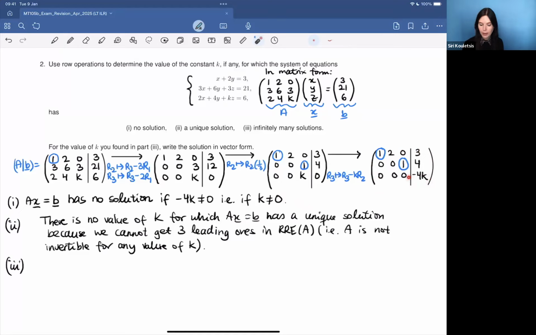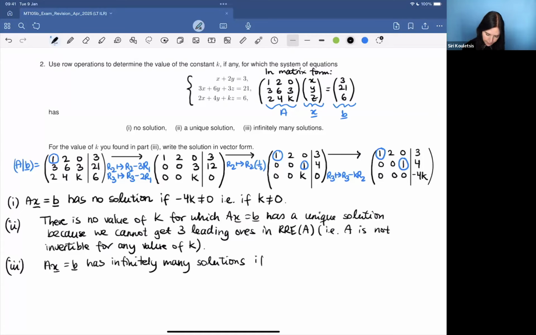So for consistency, we need the final row to be all zeros. So if minus 4k is 0, which is the same as saying that k equals 0,